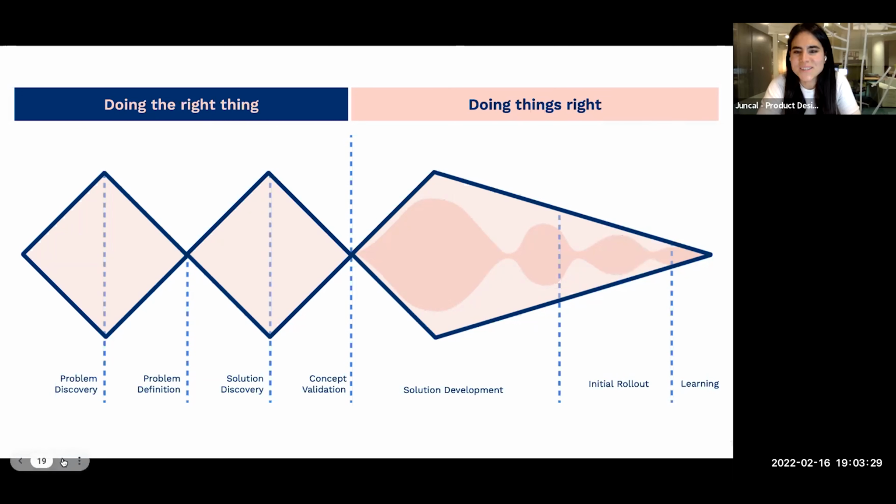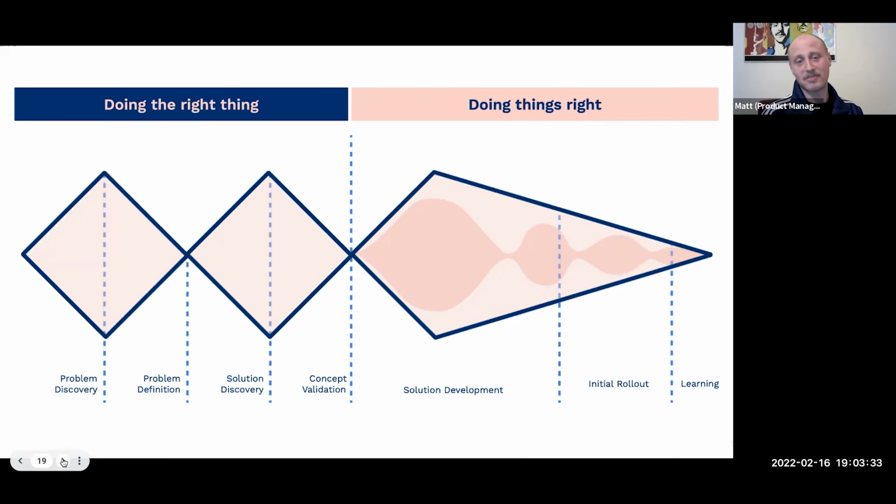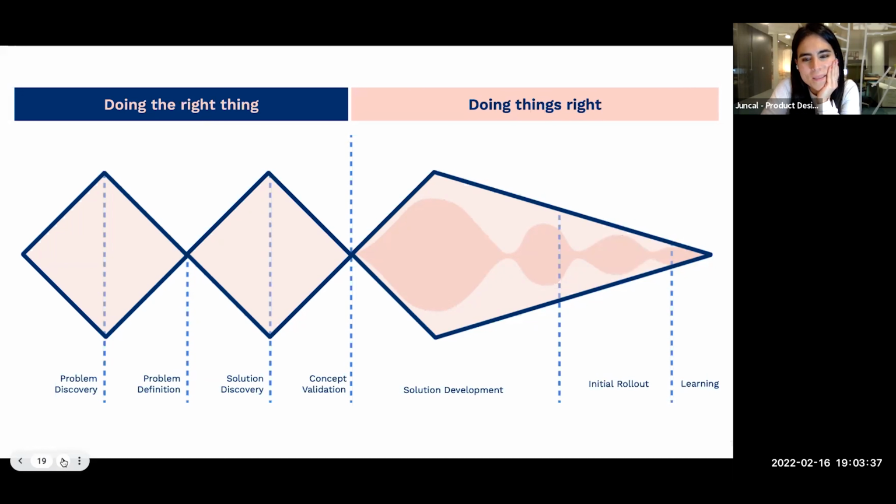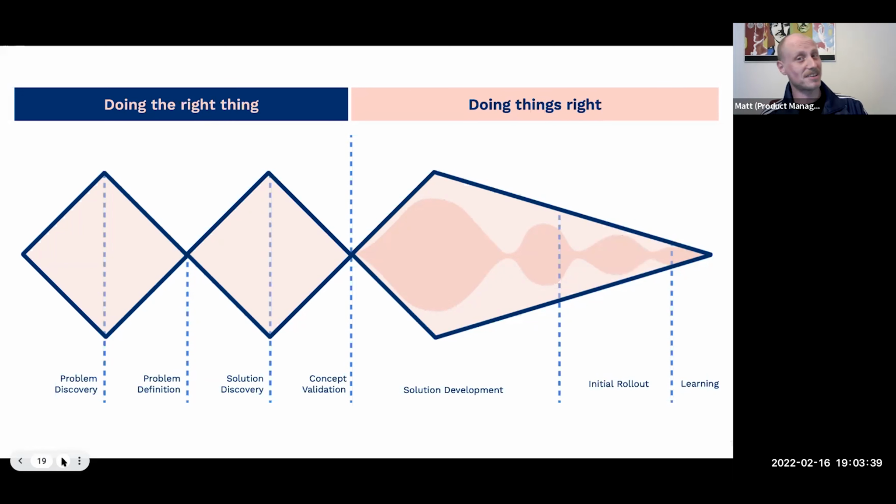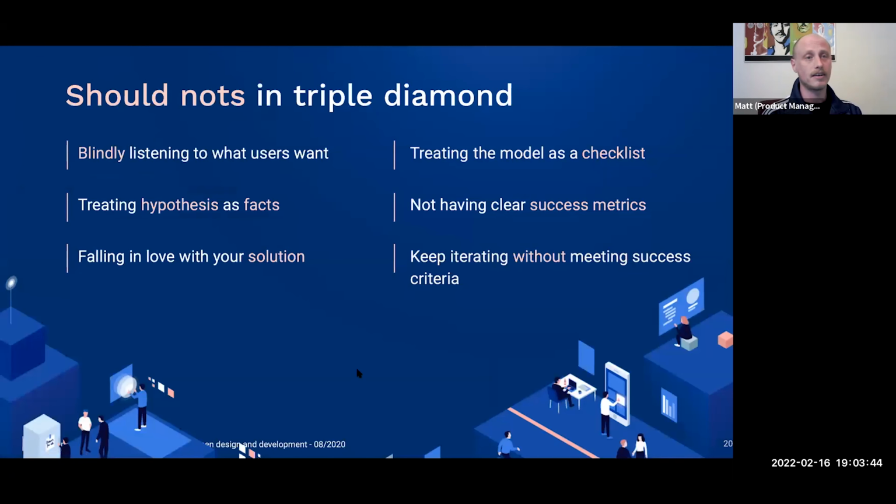Yeah, this was the end. What happened? We took it out, no? In the end, yeah. We basically failed with the experiment, and now we are exploring new diamonds. But what you can see here is that during this process, we treated the triple diamond a lot as a checklist,